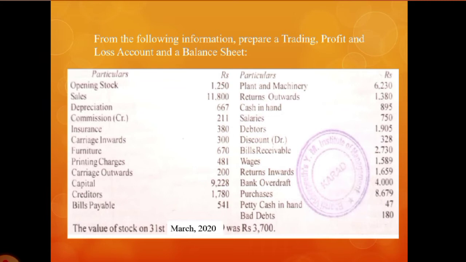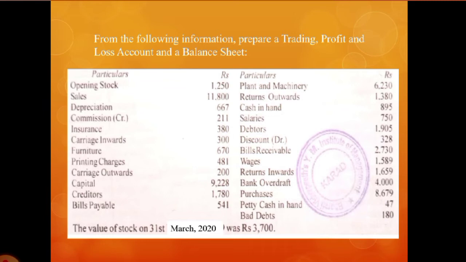So the first item is opening stock. Now opening stock is the stock which is unsold during a particular period of time, and unsold stock is called closing stock, and closing stock of one period becomes the opening stock for the next period, that is at the beginning of the year. Whatever stock is there in your hands to start your business, to continue your business activities, it is called opening stock. So opening stock is shown on the debit side of trading account.